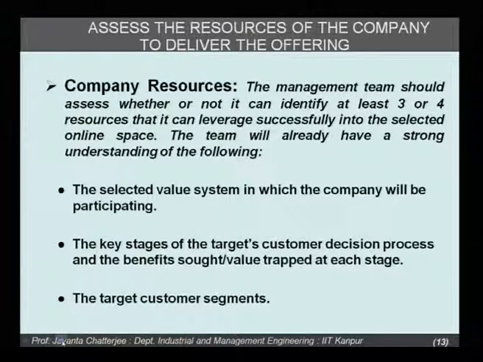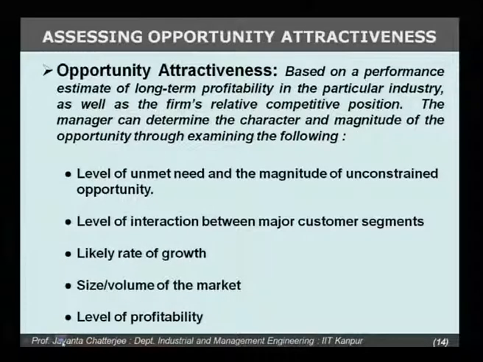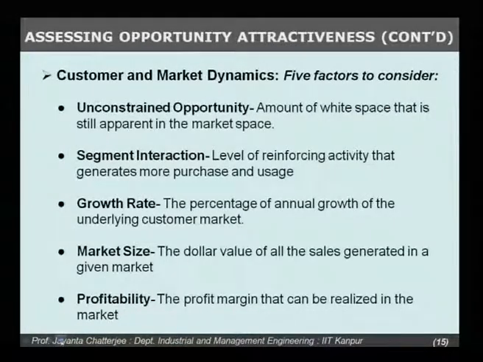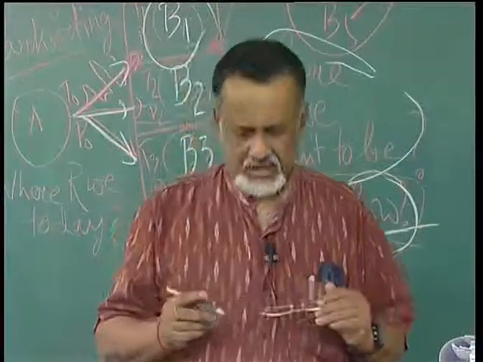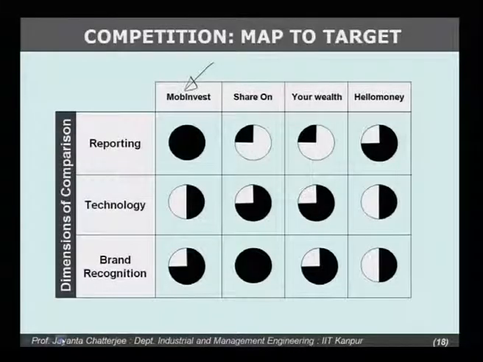understand the competitor map, match with the company's resources, and then apply that to your case, develop the key buying steps, the processes involved in the customer's acquisition and consumption process, and finally come up with a chart like this, which tells you what the strengths are that you are going to deploy. So, as you see in this case, Mob-Invest,